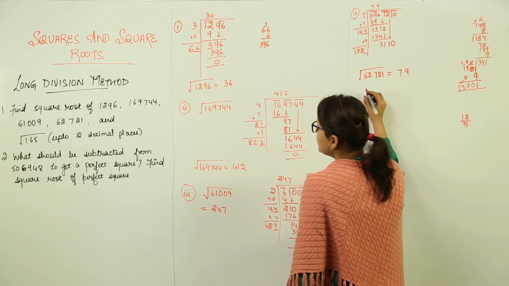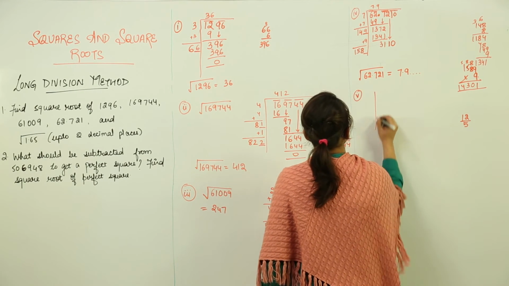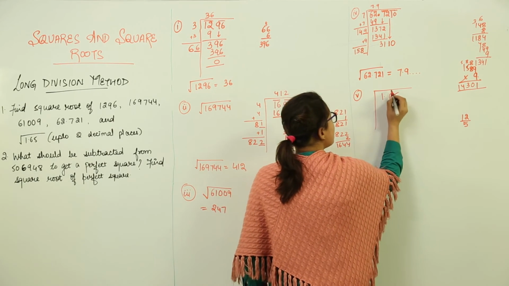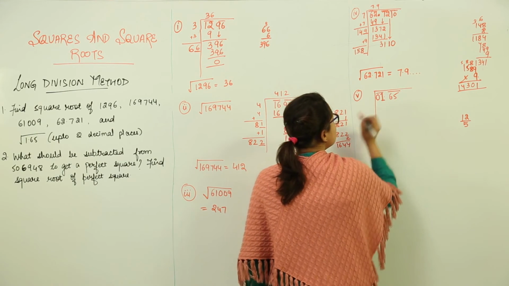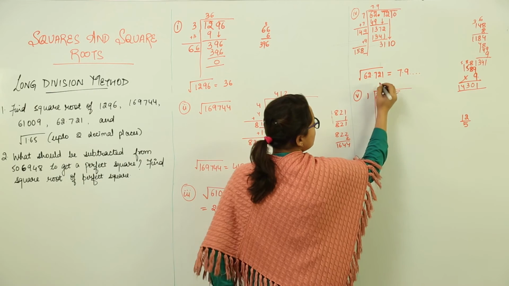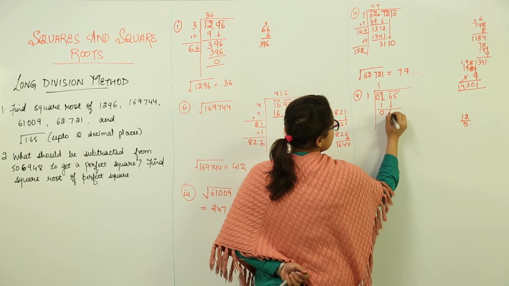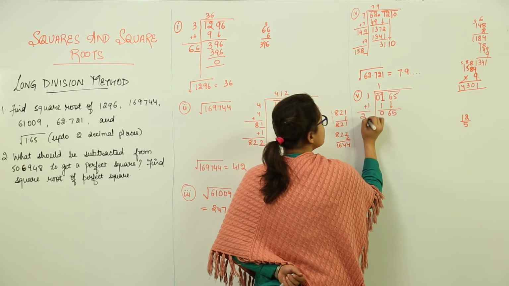Now let us solve the fifth question. The fifth question says you have to find the square root of 1.65. Over here again we have to do the pairing, but here we have only a single number, so I'll add a 0, right? It will go with 1, 1s as 1. Next we are left with remainder 0. We note down the pair 65. We add 1 with 1 to get 2.